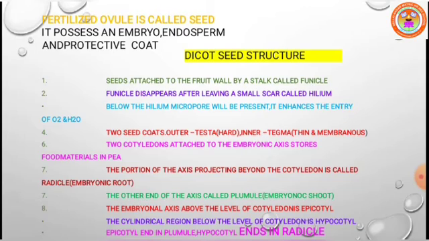You know that the ovary becomes fruit and the ovule becomes seed. So we call the fertilized ovule a seed because it possesses an embryo, endosperm and a protective coat.